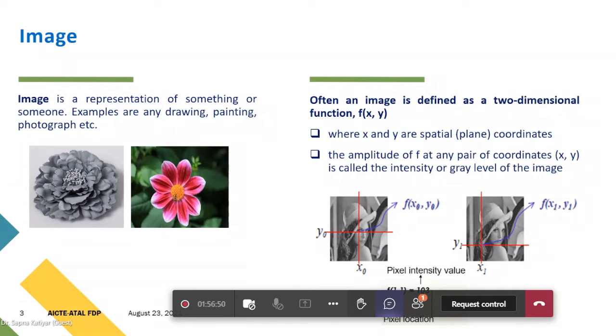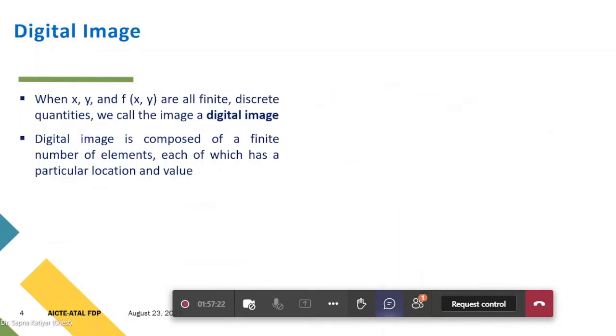Even if you are taking your image, then you can observe in that particular image while you are moving from left to right or you're observing from top to bottom, you can see there is a variation. So that is what the variations of a gray level, or when you are observing, the variations of the intensity in the case of the color images. So this is a simple representation of the image. Now, the next term which comes into your mind, what is digital image? So digital image is what?